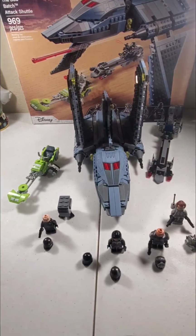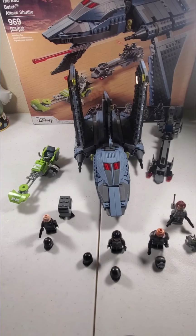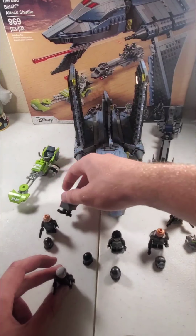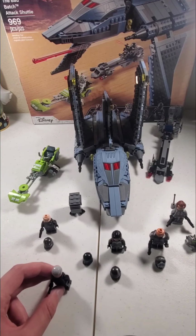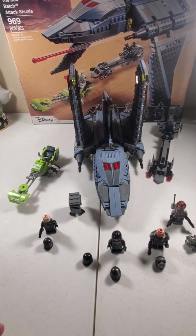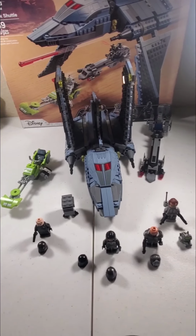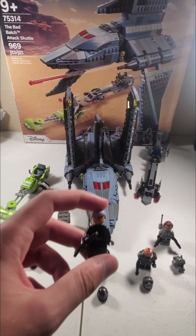Swishability, it comes with 2 speeders. You get 6 great minifigures, one of them being a droid, which is great, and it's an interesting droid that I don't think we get as much of compared to other ones like Astromech or Protocol. But as you can see, there are some things that I think could be improved about the set, and there are a lot of things that I really like about it. I think that